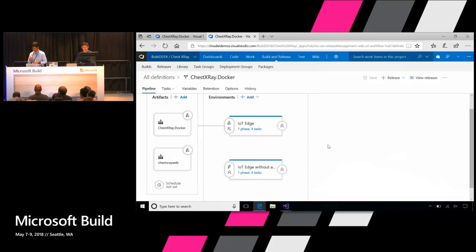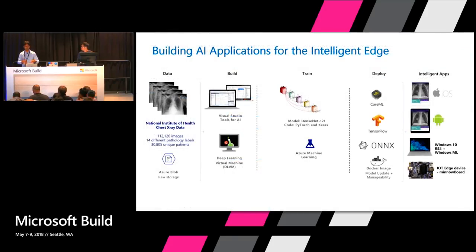So overall, what's very important to note is this is an intelligent edge story. Taken with an example of healthcare, but you could think about any application which is powering any of the image analysis, per se, a circuit board, or whatever Vihong just showed you with the superhero, right? You could use custom vision to do certain model development, but you can also do some custom model development at the level of DenseNet and deep neural networks, and using some of the frameworks of TensorFlow, CoreML, or Onyx, which is open framework, and then deploy this to the edge. Now, on that note, I would like to show you